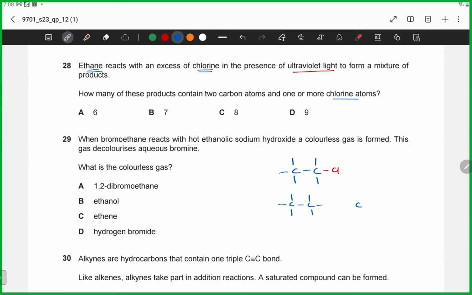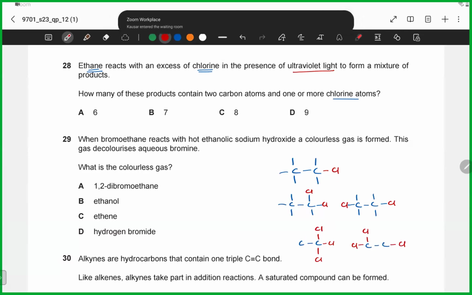अच्छा, उसके ना if 2 Cls are getting substituted, then that will be either the 2 Cls would substitute on the same carbon atom, या फिर होगा कि 1 Cl substitutes on 1 carbon atom, the other Cl substitutes on the other. अब इस तरीके से बनाते जाओ, you could have 3 Cls, तो या तो तीनों Cl एक ही कार्बन एटम में सब्स्टिट्यूट हो जाए, और it could be that 2 Cl substitute on 1 and 1 substitutes on the other one, ठीक है।